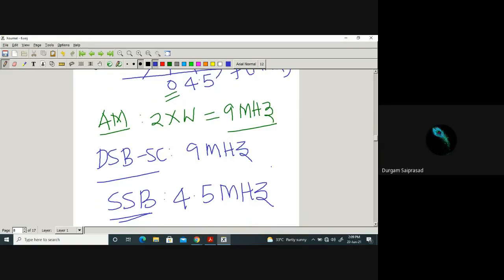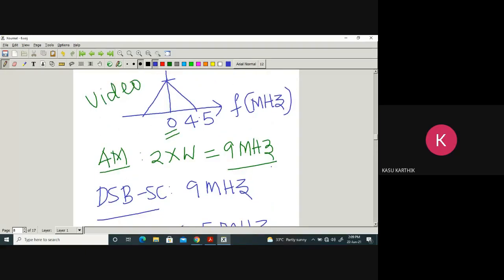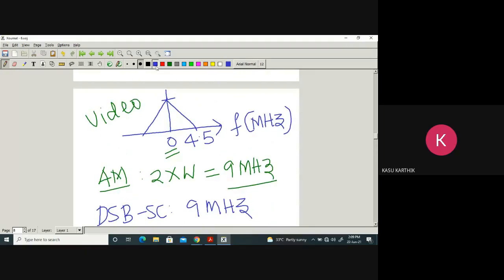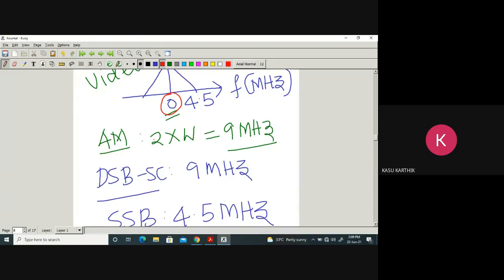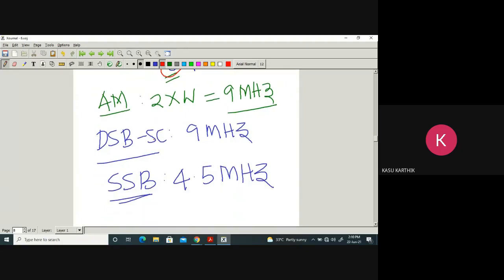There is power at zero frequency, sir. Very good, very good. Why? Because this video signal has got significant power at DC value, at zero frequency. I told you already, if at all there is any power at zero frequency, SSB generation is very, very complex. You cannot generate SSB signal, even though it is occupying less bandwidth, because it is starting from zero. It is also not possible.